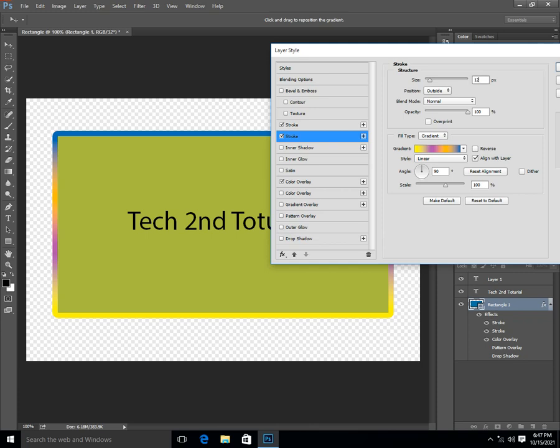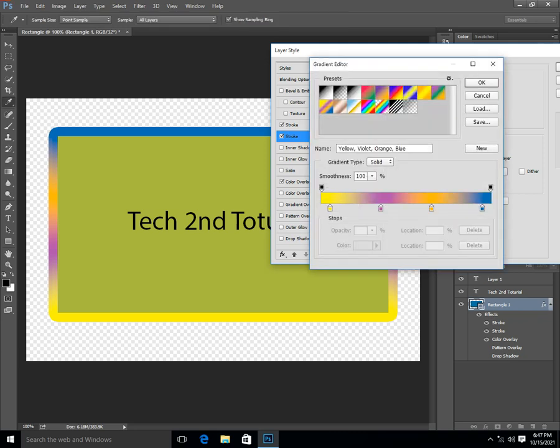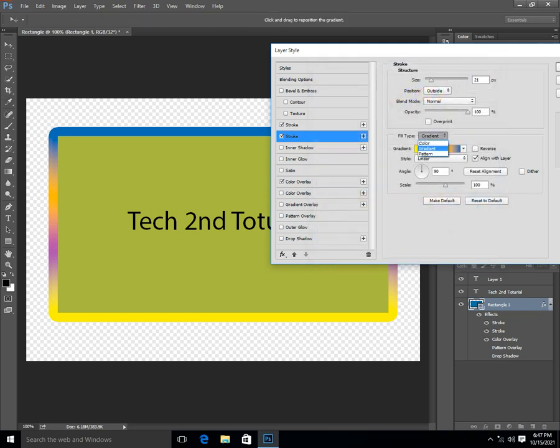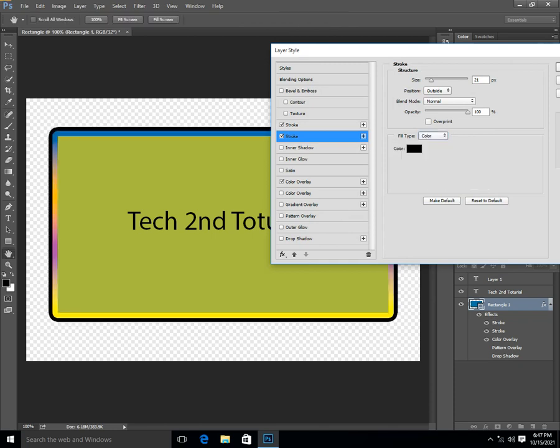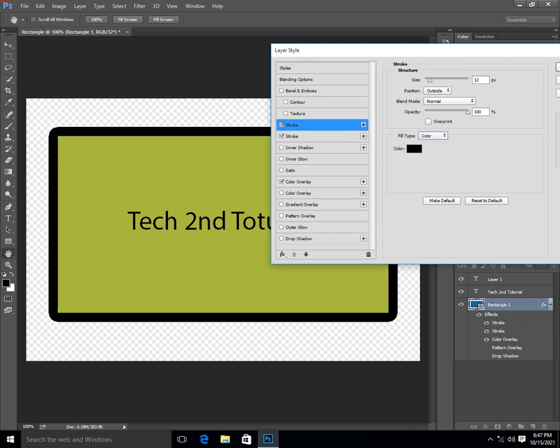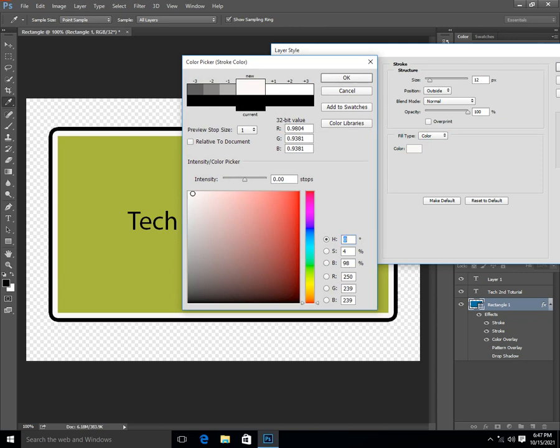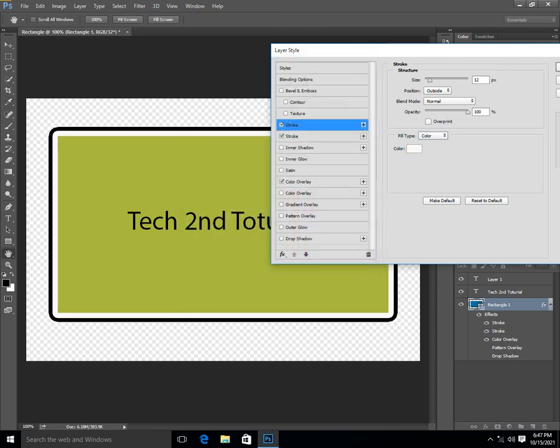We are going to increase the size of this document. It will increase, but at this time you cannot tell what happened because both are the same. The first and second are the same. We change the second color and set no change to the gradient. We can set a pattern. We choose the color because colors show more clearly. The second color is black, and for the first we set the color to white again. This will show white and black nicely. The first border is white, the second is black.